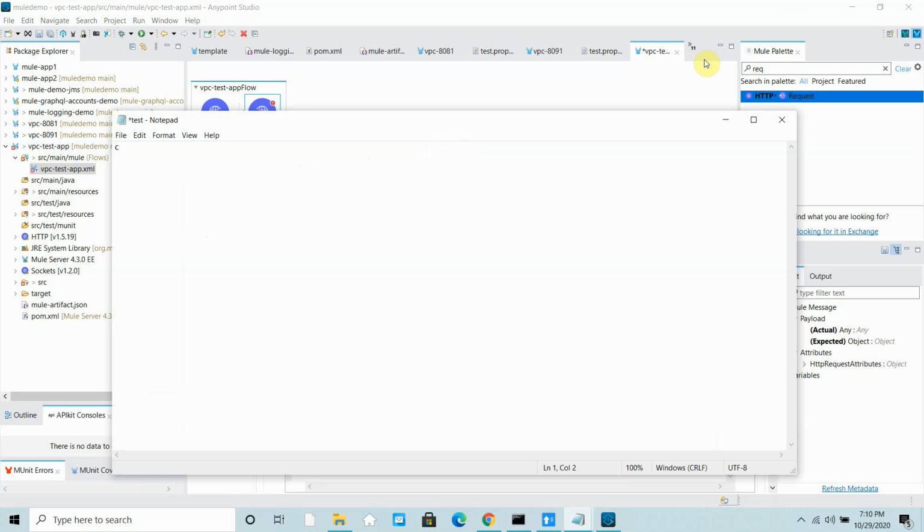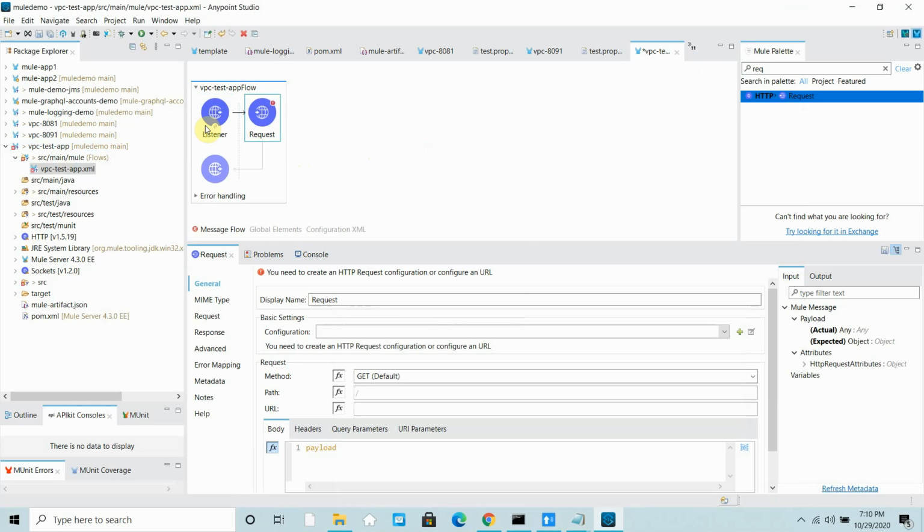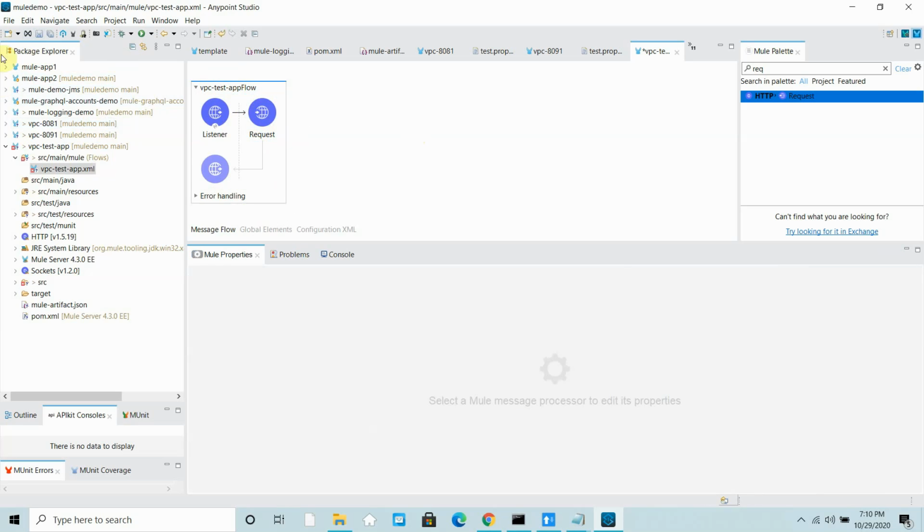So now what will happen? See what will happen. This endpoint I have deployed on port 8089, which means it will be accessible publicly. Now the requester will request this particular URL, to 8091, the application deployed within the VPC. This particular application is deployed within the VPC, but our listener is publicly accessible. That's why, as this application is deployed on the VPC, it can call the application deployed on 8091 also. I will show that. Okay, you can save everything